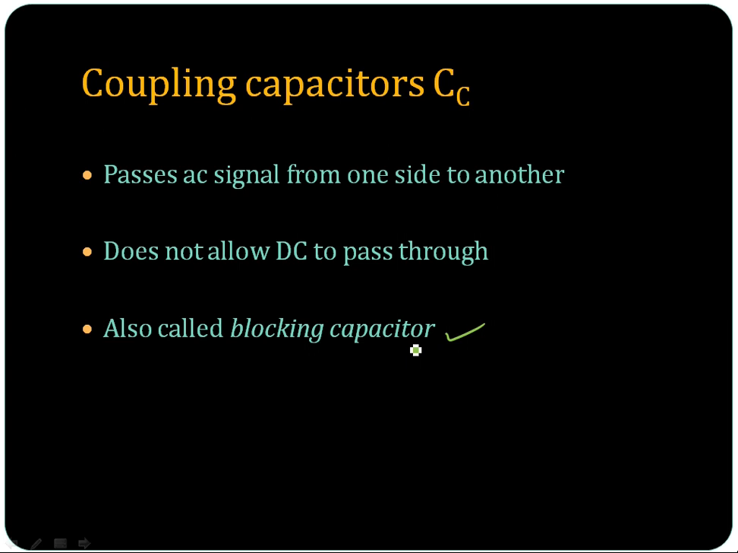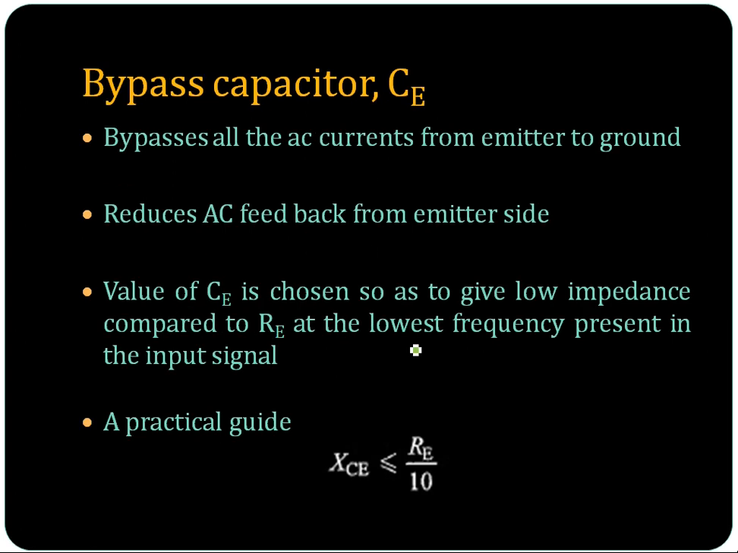So this is connected, due to this capacitor CC, which is connected between the collector and the output. The voltage across the resistance R0 is free from the collector's DC voltage. The next capacitor is the bypass capacitor CE. It bypasses all the AC currents from the emitter to ground, and it reduces the AC feedback from the emitter